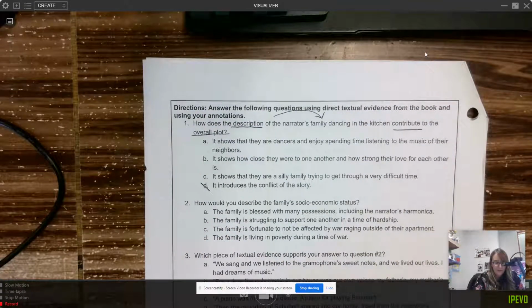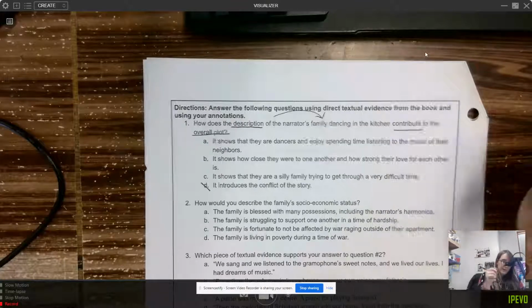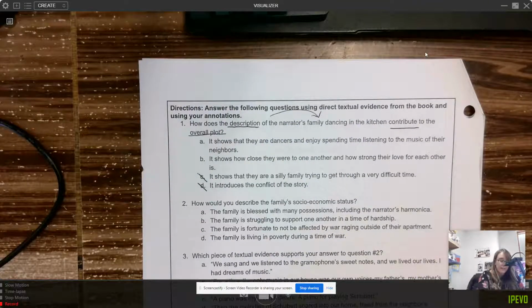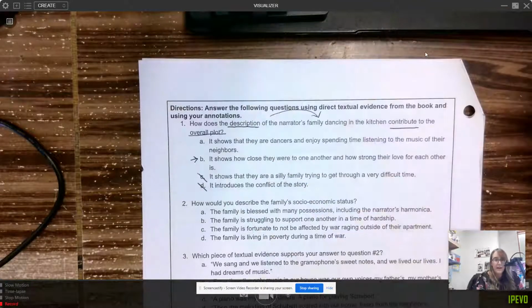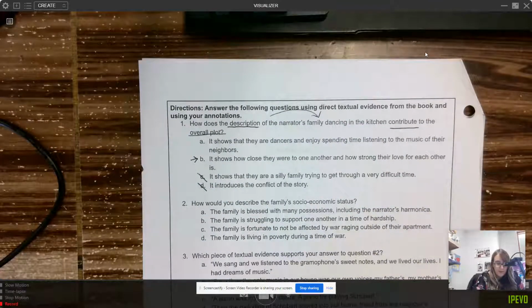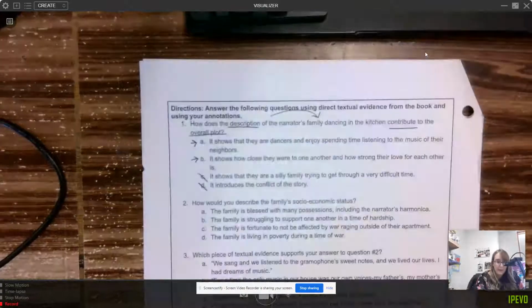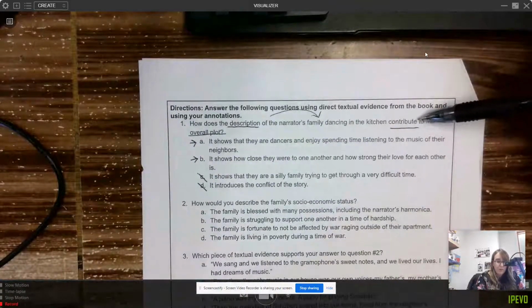It shows they are a silly family trying to get through a very difficult time. I wouldn't necessarily call them silly. I think that's something that they're enjoying, but they are trying to get through a difficult time. So I don't think that's it. B, it shows how close they were to one another and how strong their love for each other is. I definitely think that could be an answer. Let's look at A. It shows that they are dancers and they enjoy spending time listening to the music of their neighbors. Okay. So either one of these do make sense, but like, how does it contribute to the overall